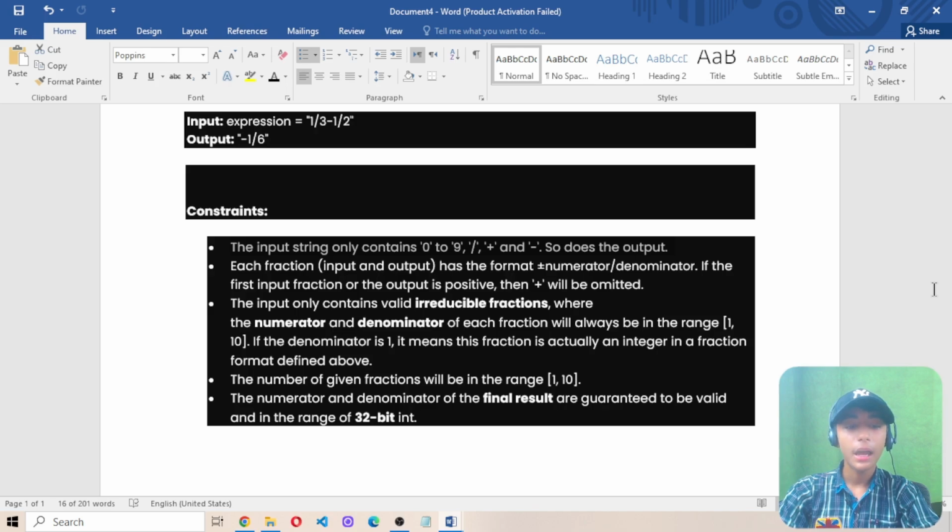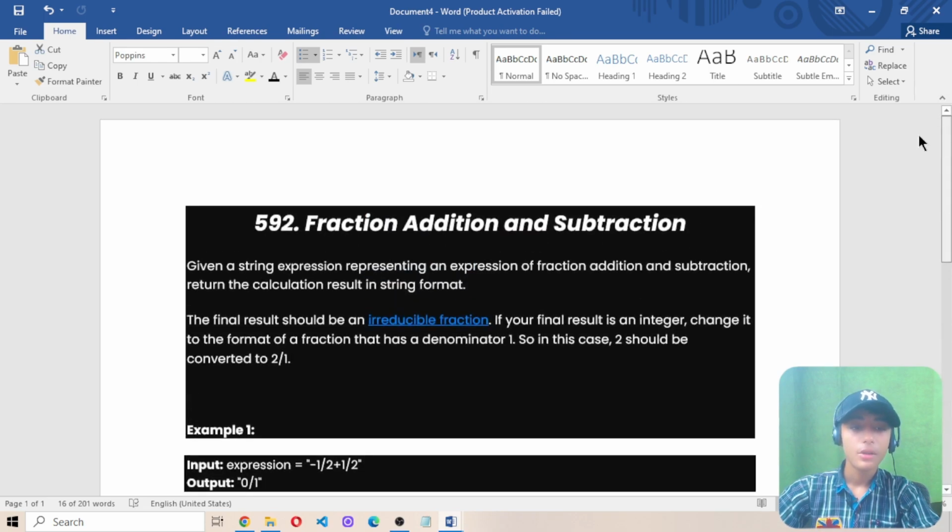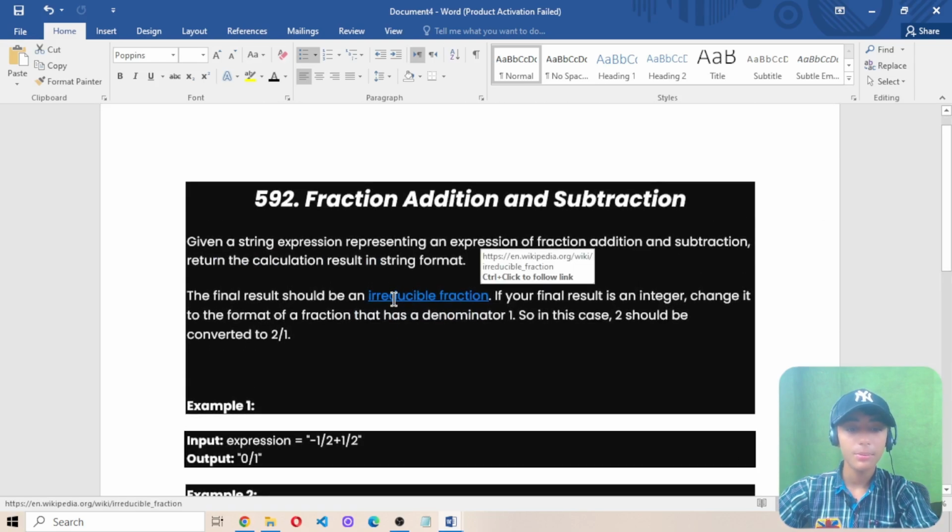Number 3, the input only contains valid irreducible fractions where the numerator and denominator of each fraction will always be in the range 1 to 10. If the denominator is 1, it means this fraction is actually an integer in the fraction format defined above. Now, last, the number of given fractions will be in the range 1 to 10. Also, the numerator and denominator of the final result are guaranteed to be valid in the range of a 32-bit integer. So I hope you understand this question,